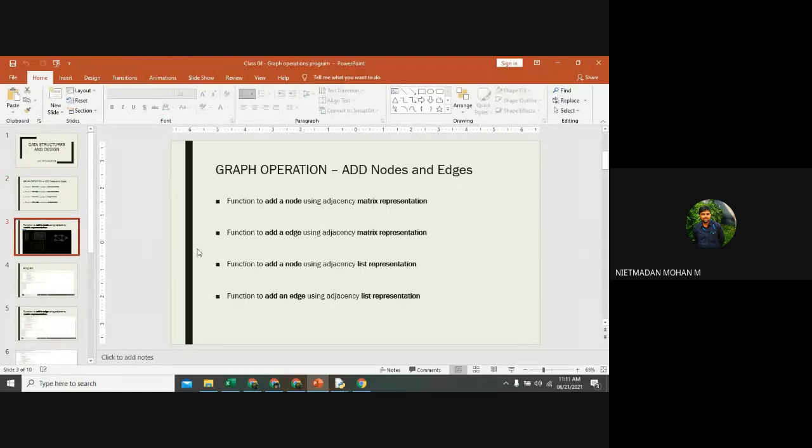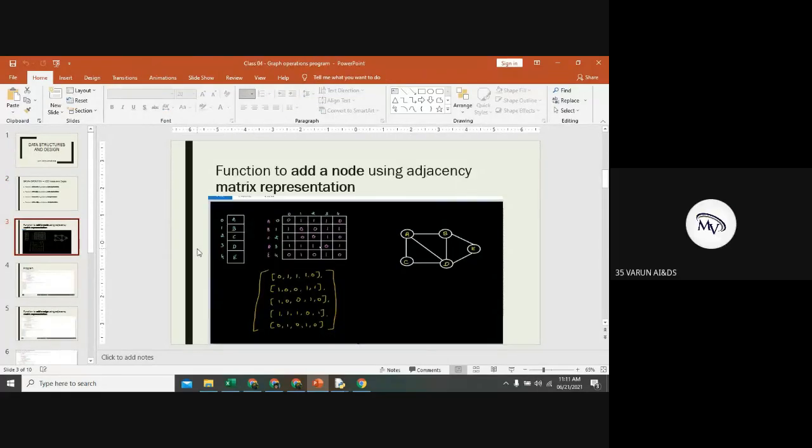First, we want to create a K cross K matrix, with K rows and columns, and store the edges. You want to insert the node by the vertices, one by one. That is the common thing that you have inserted in the tree also.